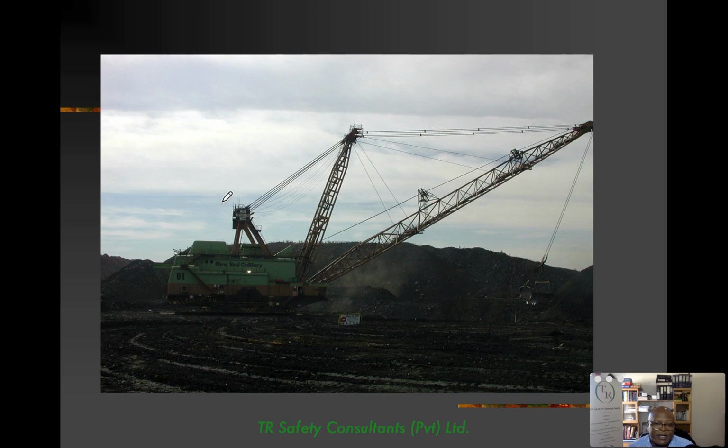This is a typical example of what a drag line looks like, and I'll show you a small one in operation now in the presentation. These machines are quite big. Some of them are operated by 3 operators: one operating the boom, one the axle, and one operating the